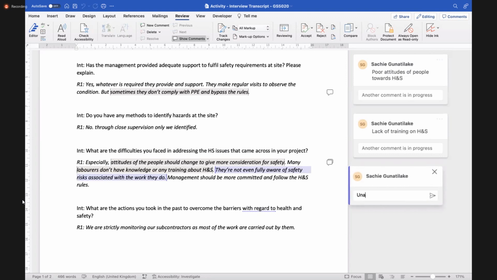So maybe I can call it unawareness about safety risks.